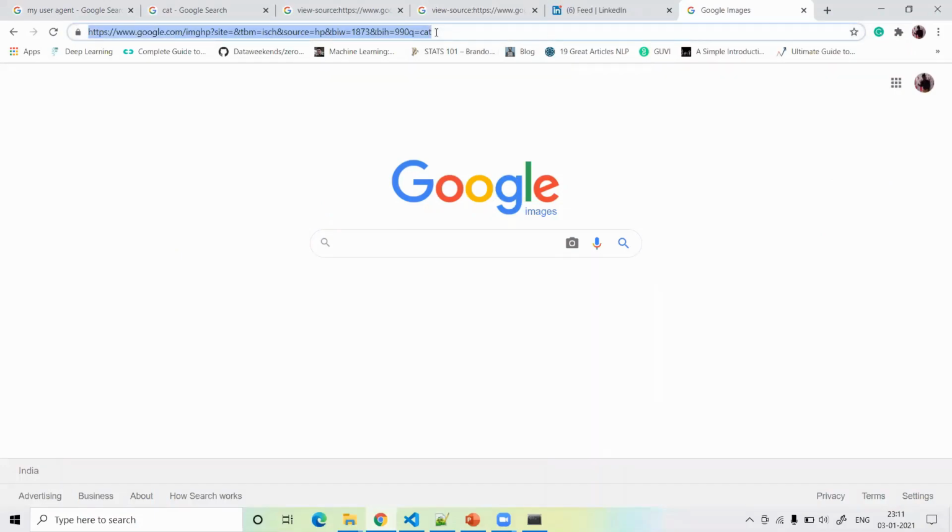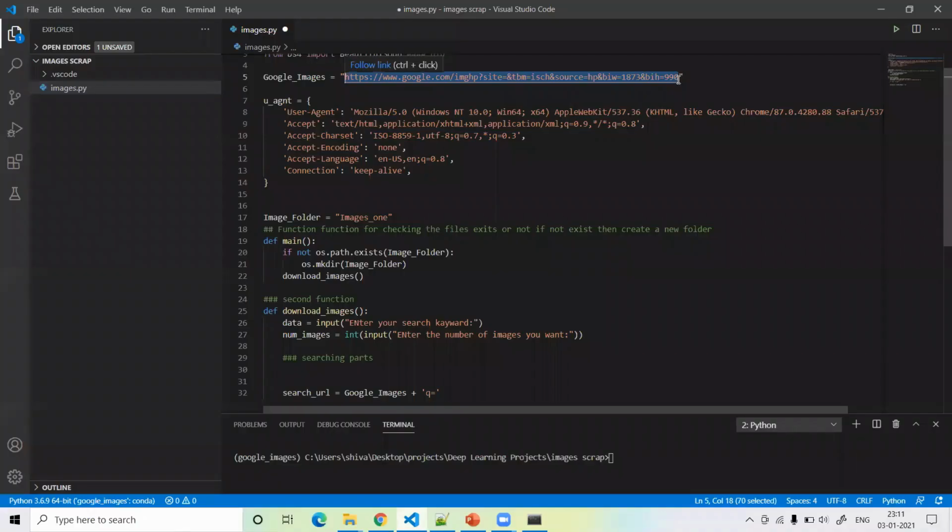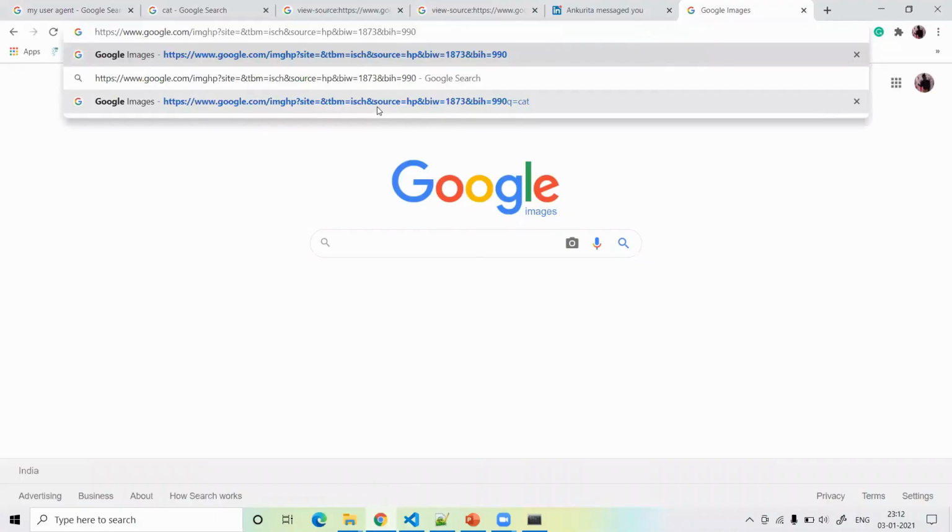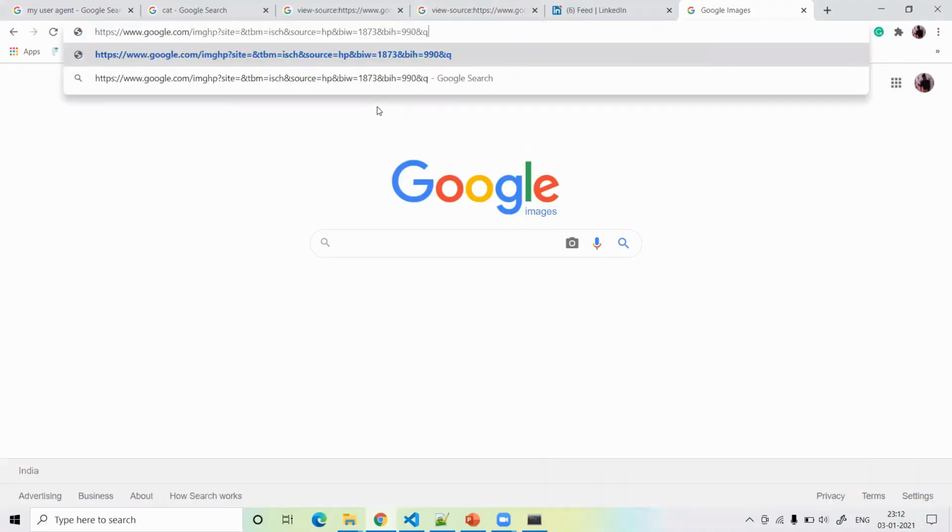I just remove this again, and then copy the link from here. You have to just copy this link again. Okay, just copy this link and paste it here, and then q equal to, and then write your query like cat.